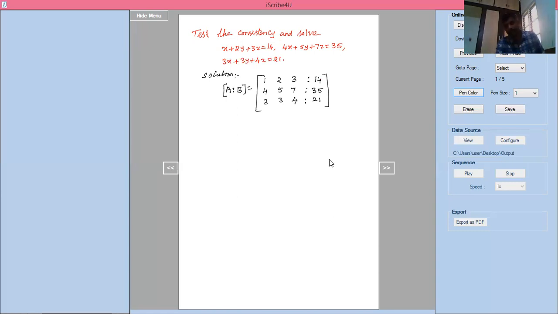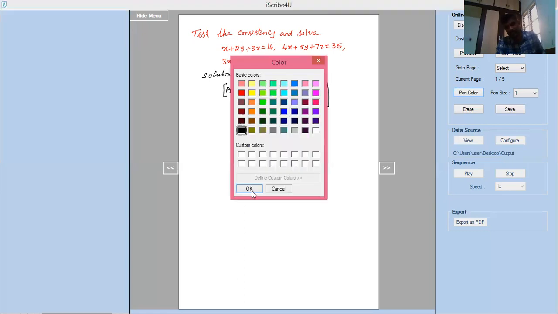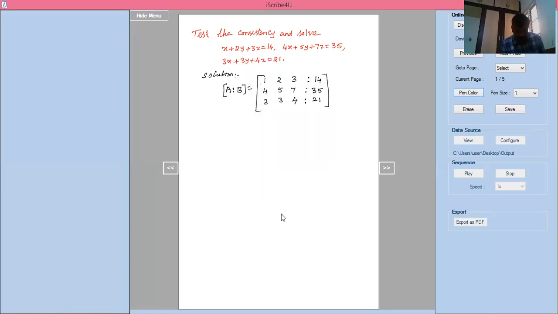Now we can identify the principal diagonal element. This is the principal diagonal element. Below the principal diagonal element 4 is there, and this 3 is there. In the first step I can make these two elements 0. In the R2 row I have to make 0, and at the same time in the R3 row also I have to make 0. R2 row means R2 minus 4R1. R3 row implies R3 minus 3R1. Now, how do you simplify this one?